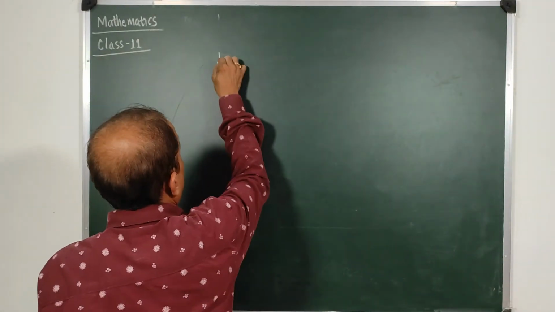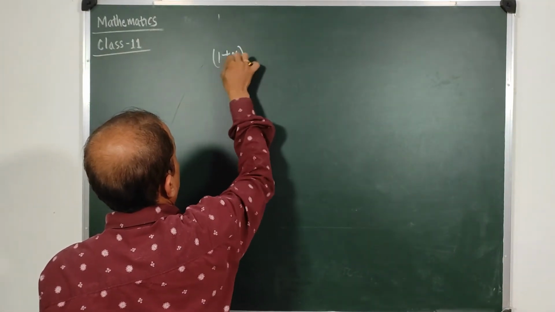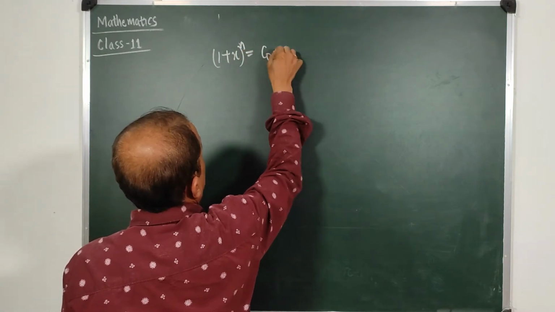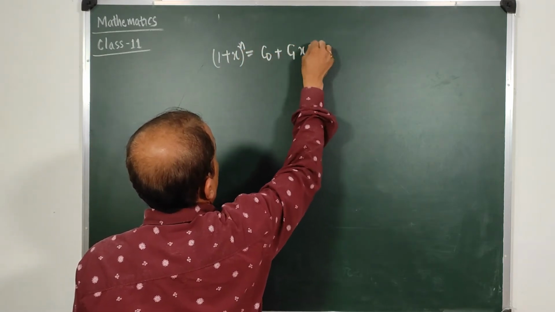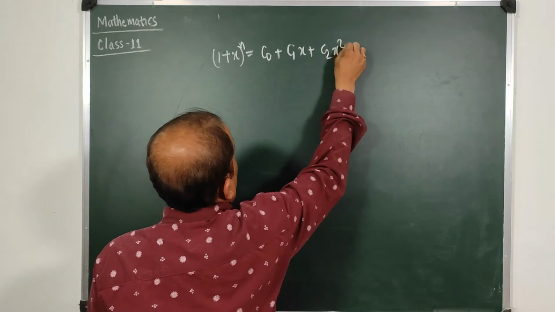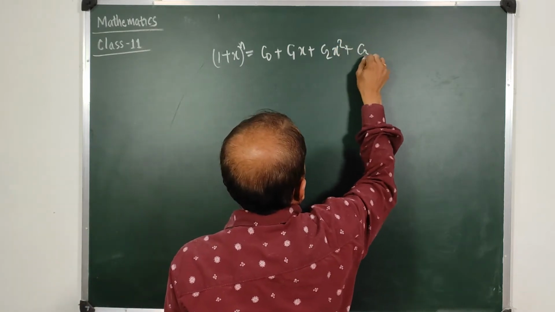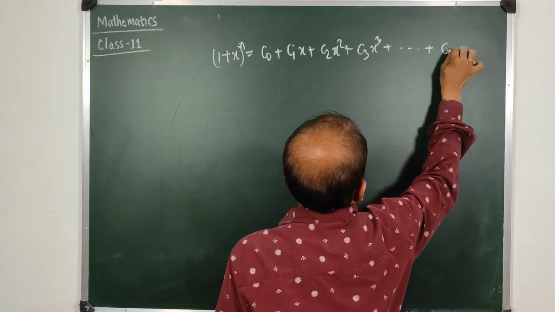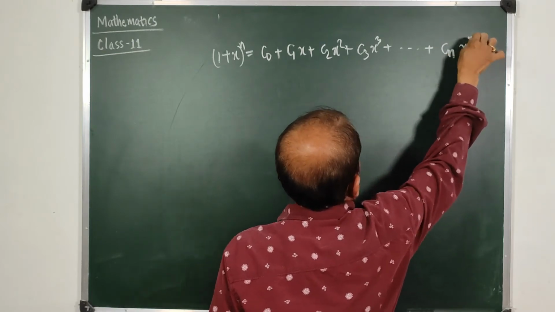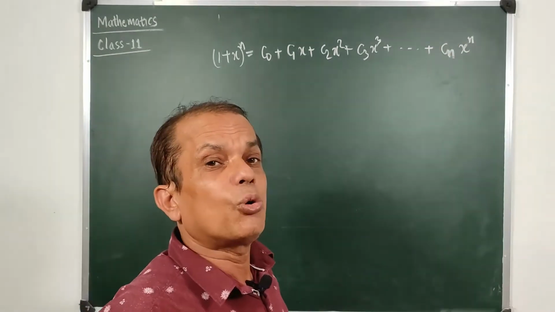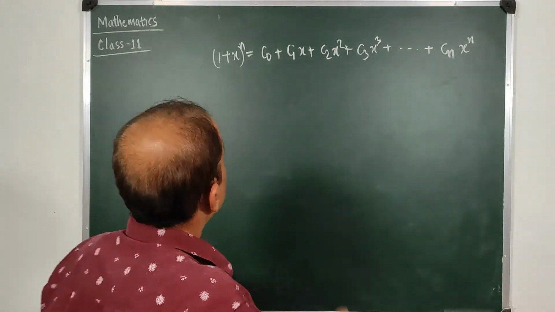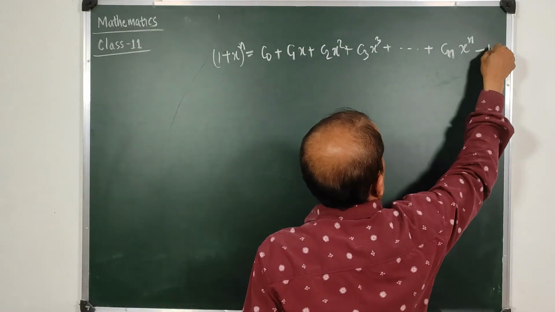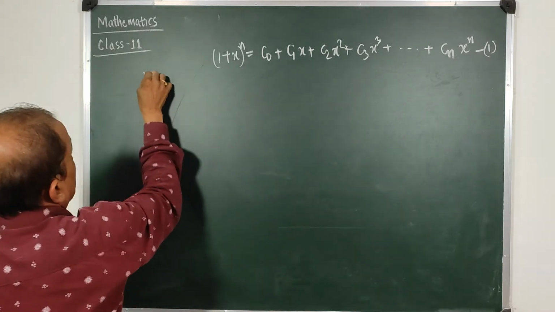Already we know that (1 + x)^n is C0 + C1 x + C2 x² + C3 x³ up to Cn x^n. What if I go on differentiating? So if this is equation 1, differentiating